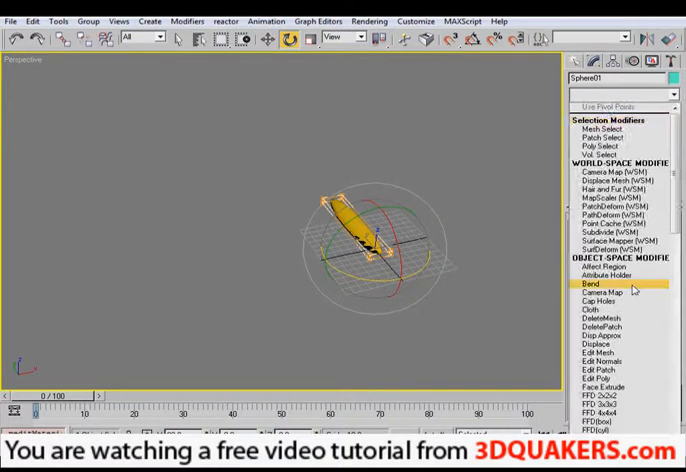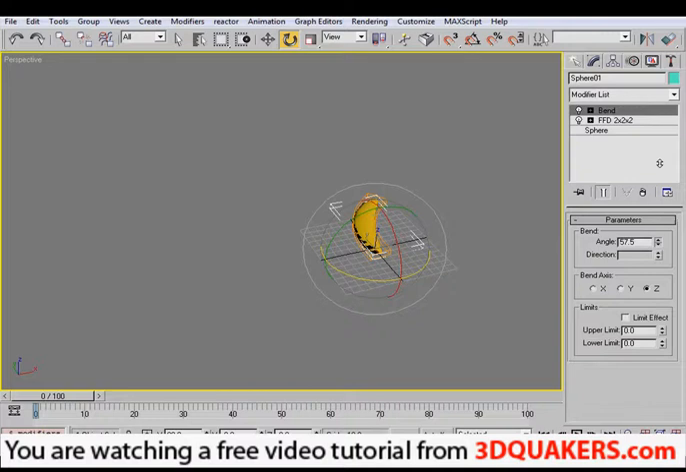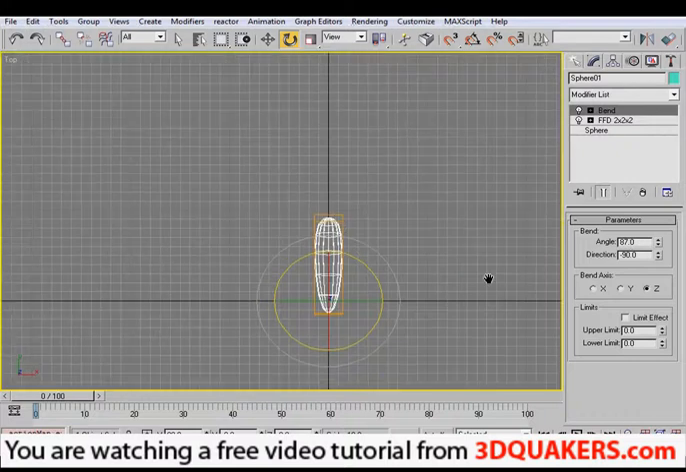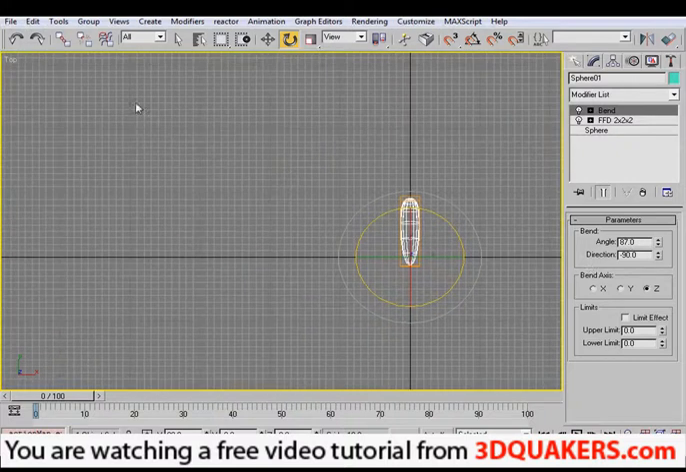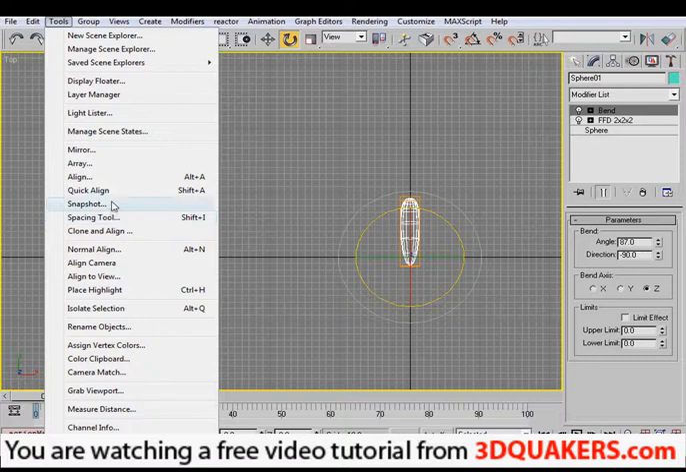I'm also gonna add a bend modifier and change the direction so that I can bend the petal up and down if I wanted to. Alright, let's now make duplicates of this. I'm gonna use the array tool, tools array,